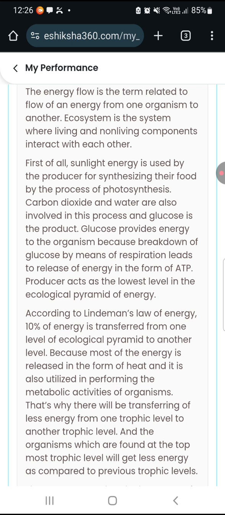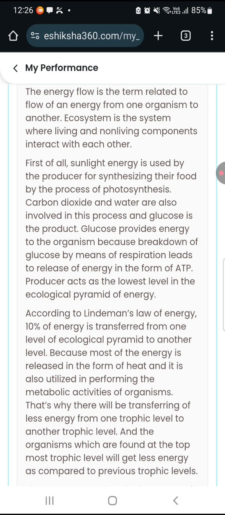First of all, sunlight energy is used by the producer for synthesizing their food by the process of photosynthesis. Carbon dioxide and water are also involved in this process, and glucose is the product. It provides energy to the organism because breakdown of glucose by means of respiration leads to release of energy in the form of ATP. Producer acts as the lowest level in the